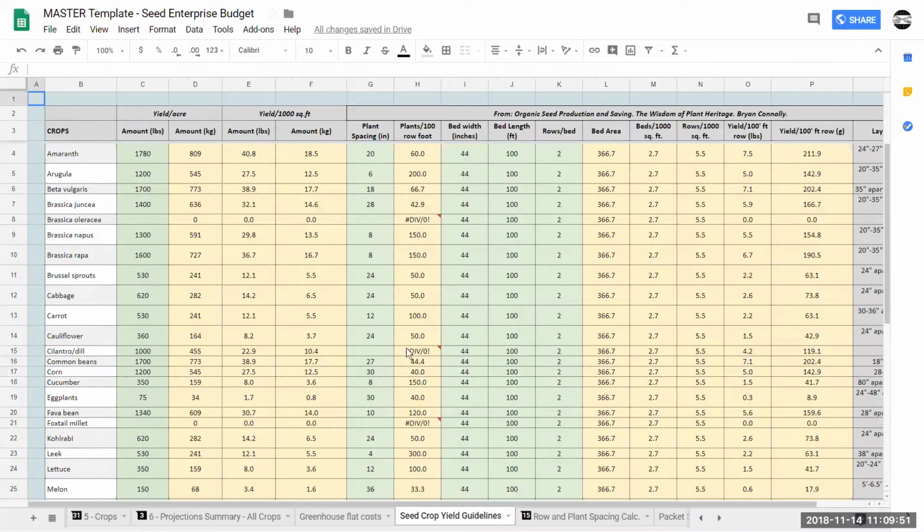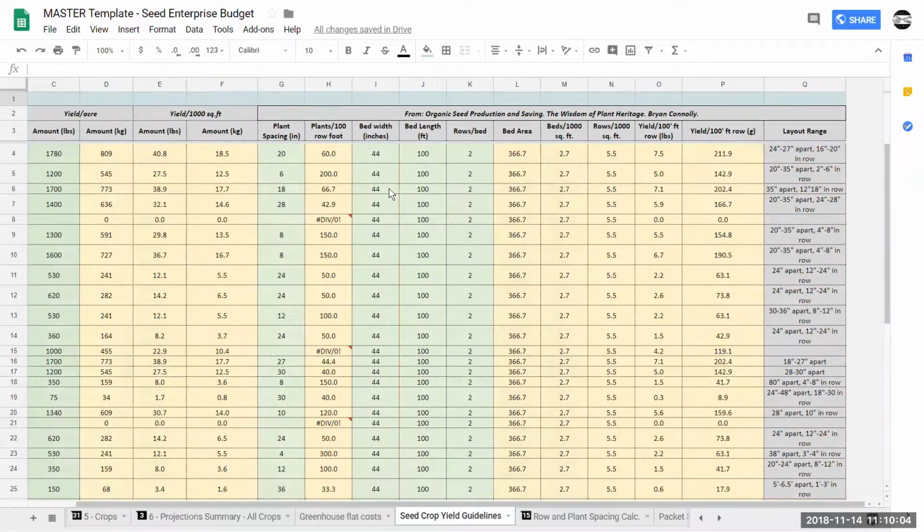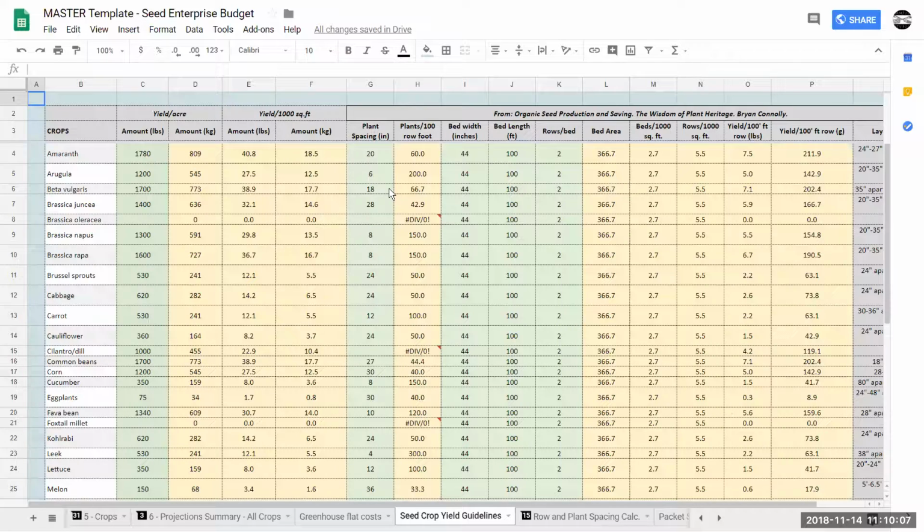I'm going to skip over quickly here to the seed crop yield guidelines. So we do have some information here based on existing data. And it helps break things down into estimates per row feet or 100 row feet. So we're trying to look at things with fairly consistent metrics. So you can use a chart like this to determine, whether you're using row feet or bed feet or square feet, there's a few different ways to look at how to calculate what the value of a seed crop is. Over time, you'll replace these numbers with numbers of your own production that are going to be more accurate.